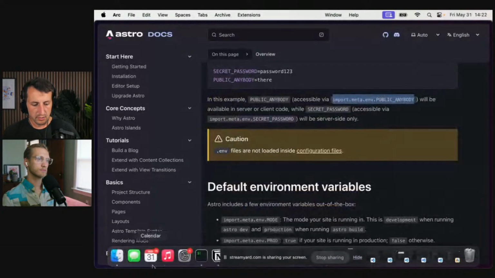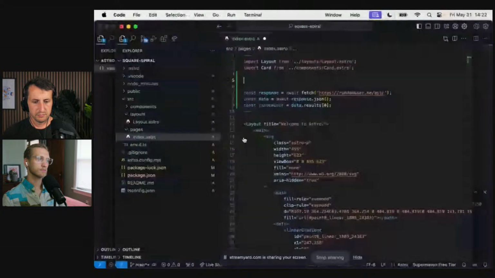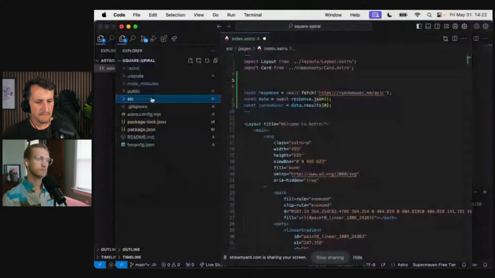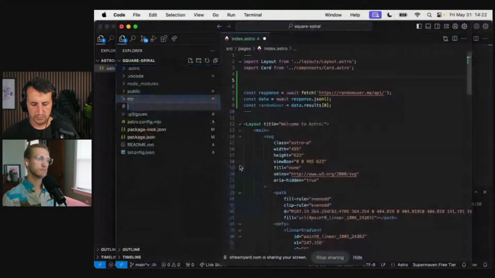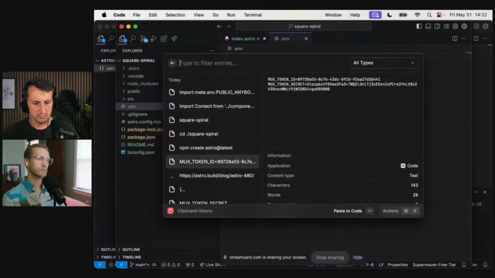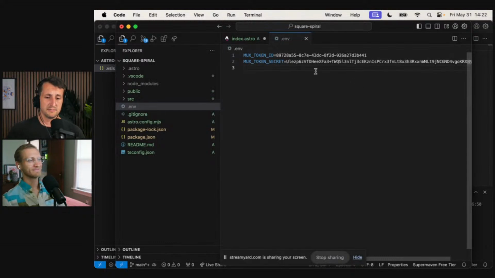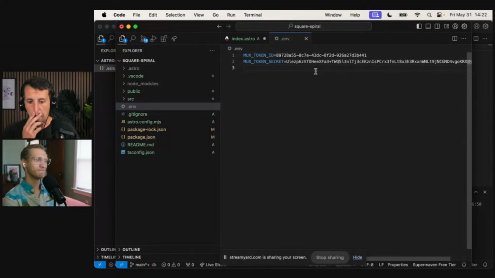So let's do that. What we have here is some temporary Mux credentials to allow us to connect to a temporary environment over on Mux. So let me get those put in here. Not a big deal if you guys take advantage of that. That's on me, that's going to look bad for me, and you don't want to do that to me. So, 40 minutes to spam our environment. Yeah, have fun. Upload your temporary videos now before these credentials disappear.